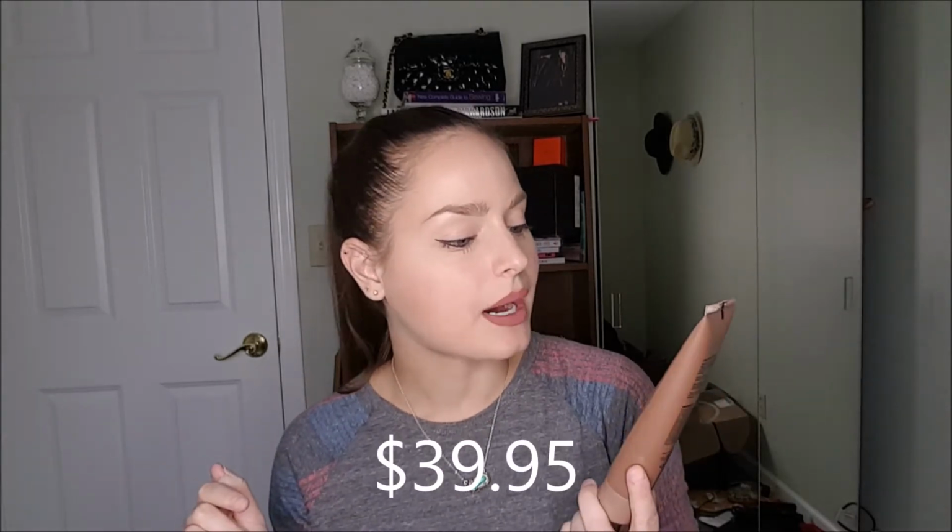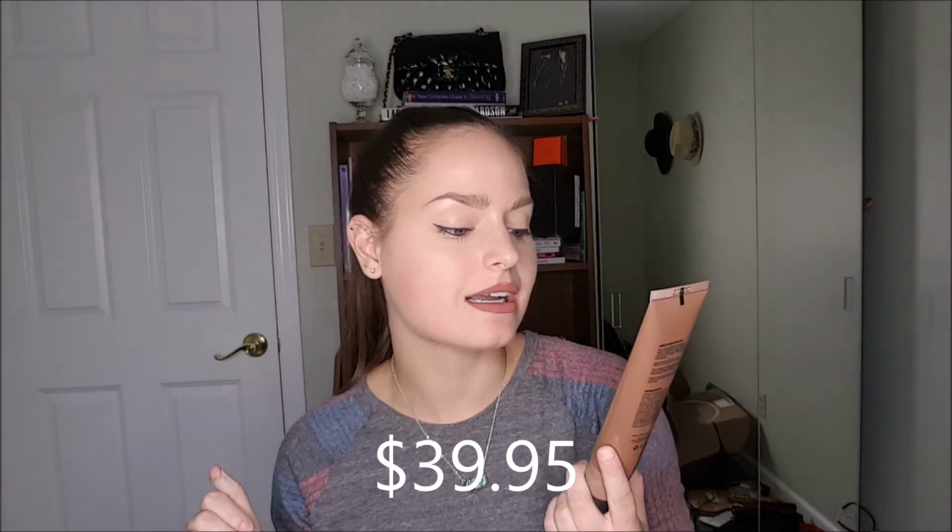So the first thing, I didn't even know that Oprah made this. This is Oprah Body Illuminizer Radiant Body Cream to give your skin a sun-kissed glimmer in the color Charmer, and this bottle is huge. It's a body illuminator. You can either mix this in with your lotion, or you don't have to. You can just put it on as you need it. It doesn't really have a scent,